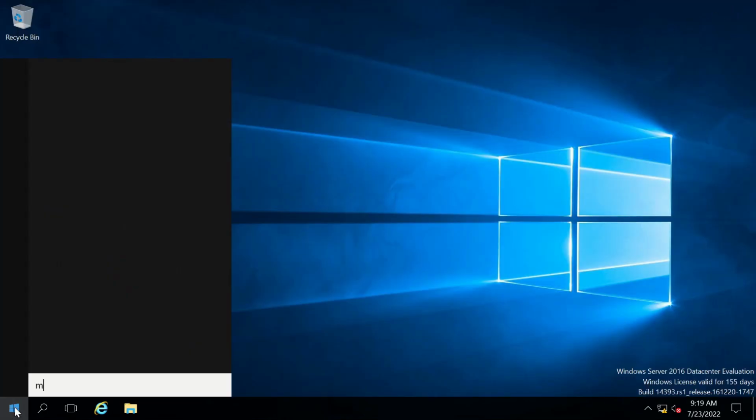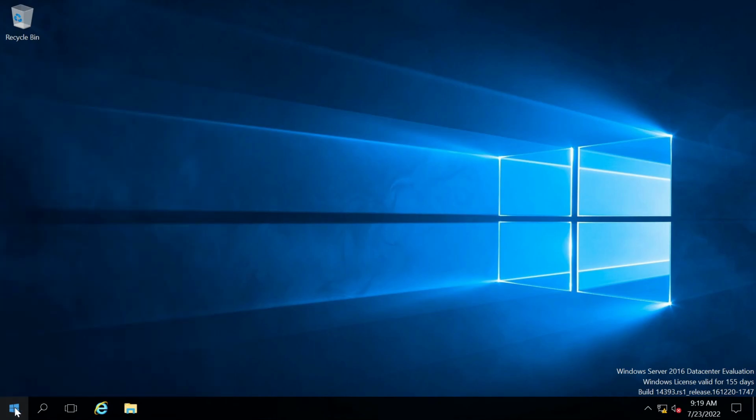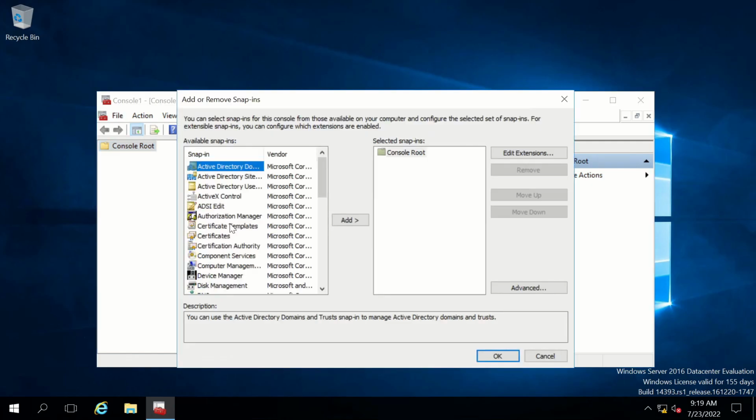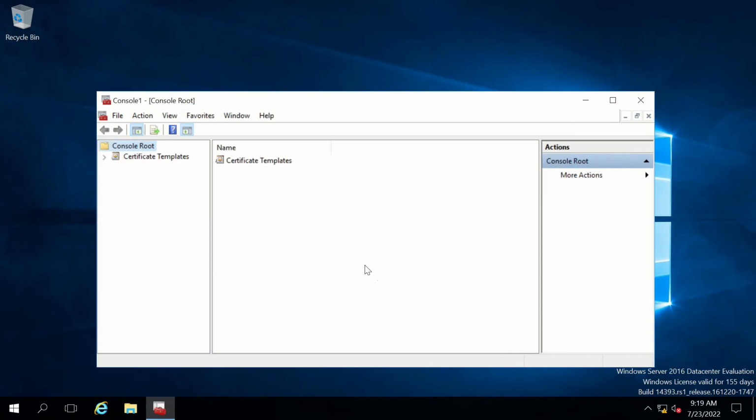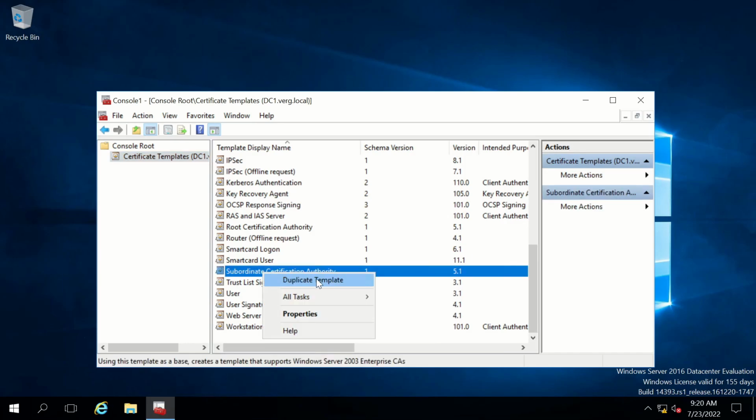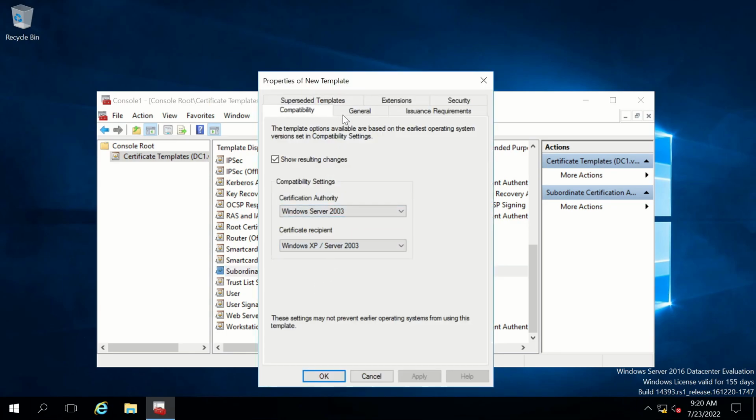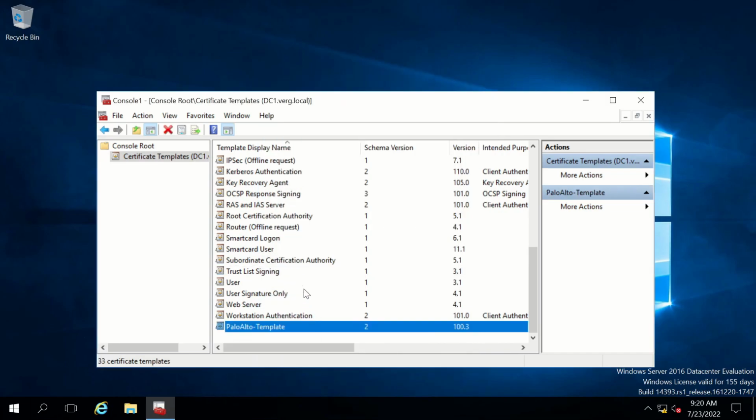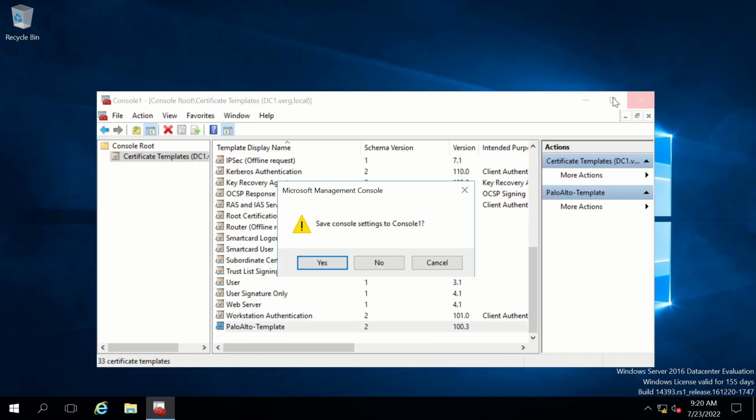So to do that, let's run MMC and file, add remove snap-in and certificate templates. Okay. From here, right click on subordinate and duplicate template. From general, let's give it a name. Palo Alto template, for example. Apply and OK. Now close this page